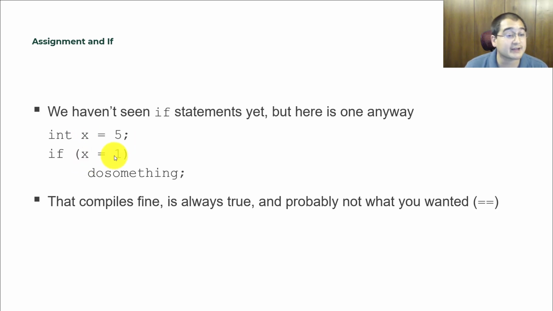here we're saying x equals 1. What that means is you're assigning the value 1 to x. So now x has the value 1. Is 1 a true value? Sure. So it means you do something. Now, what you probably meant, whoever wrote this code, which actually was me, they probably meant to put 2 equal signs here. We're trying to check if x is equal, is the same as 1,